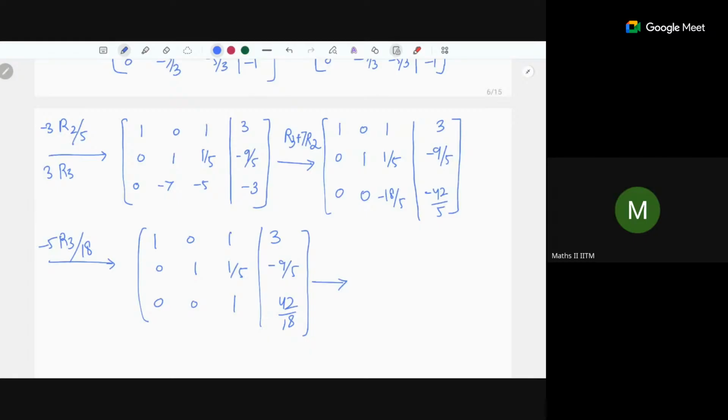Okay, this looks all right. So now we can do the rest of the calculations. R2 minus R1, R2 minus 1 by 5 R3, right? And R2 minus,